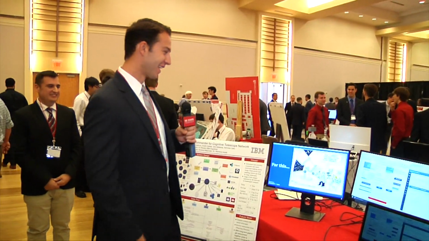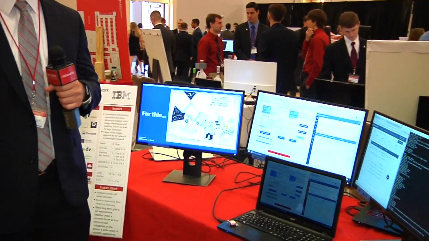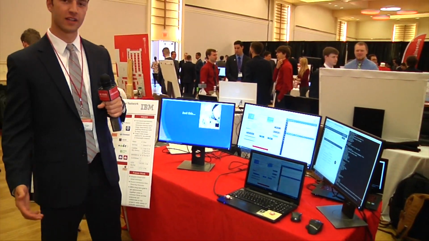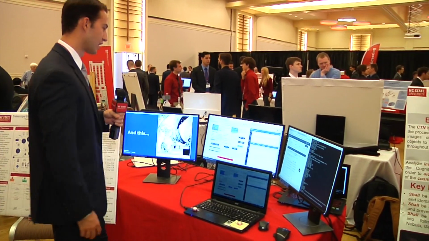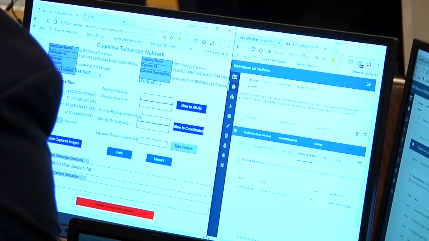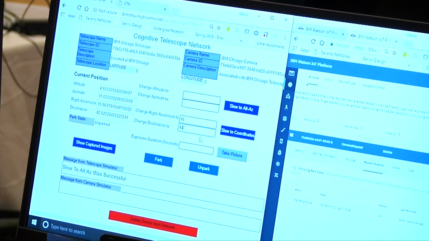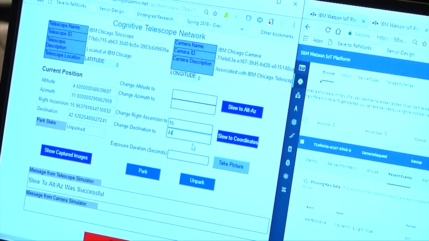Okay, so starting off, we have the UI application right here. This is the main website that the client will use to manipulate a telescope. For example, we can change the right ascension and declination on a telescope. So I'll go ahead and do that. I'm going to have the telescope slew to these coordinates. So if I click this,